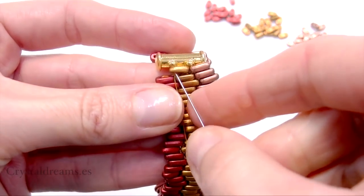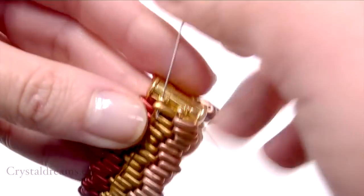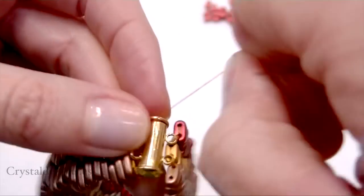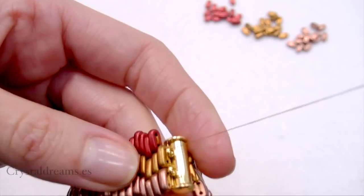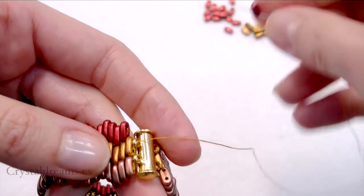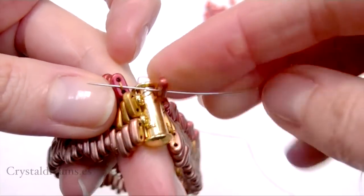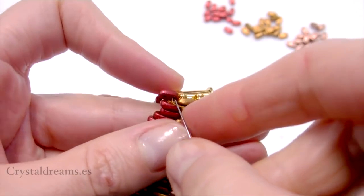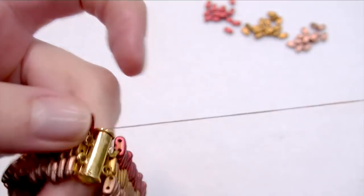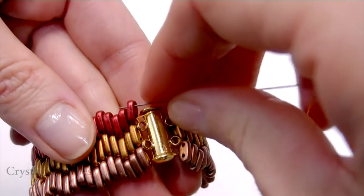Very important to tense the cord to get all the work stuck. Okay, now I go inside the second hole of the clasp, from the bottom to the top. Then the first hole, okay, inside the first hole again, and the work is almost done. We enter in the second hole of the red one,